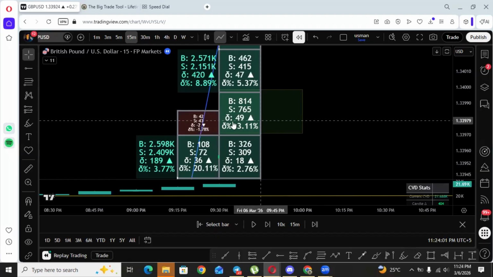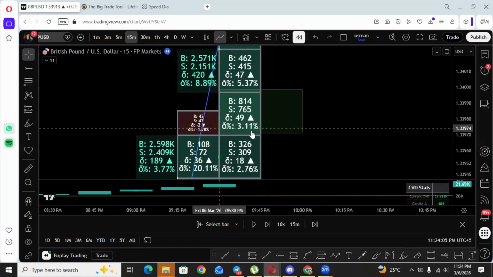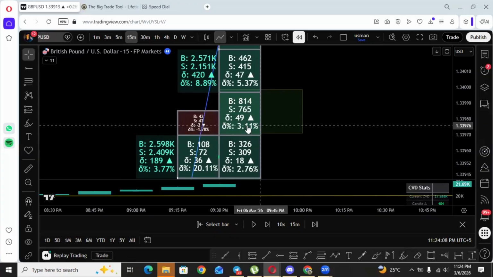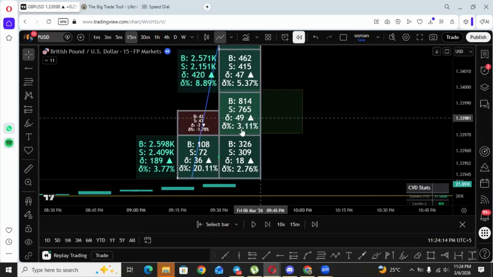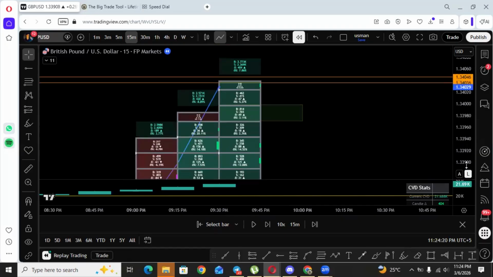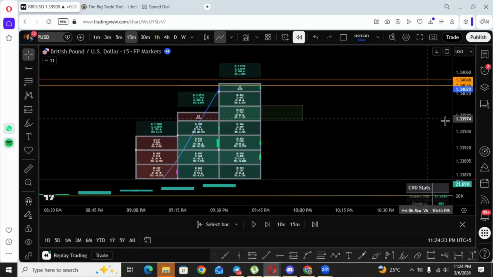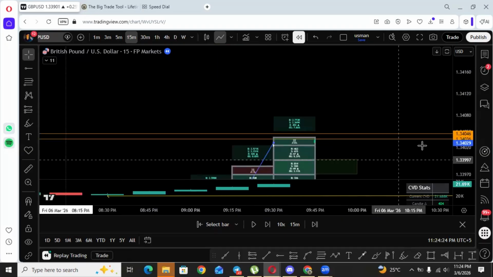This is the number of buyers that were more at this point, and this is the percentage between them. There were 3.11% more buyers at this price level. So this is delta percentage. This is delta. All of this is to give you an understanding of what is happening at this point. If you don't want to read this footprint, you can also